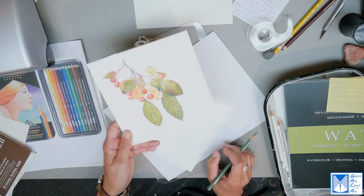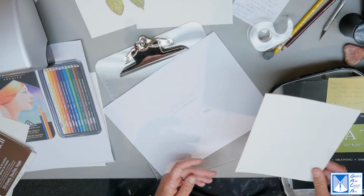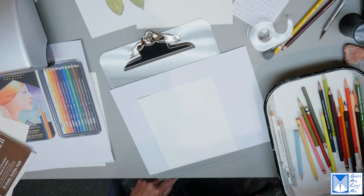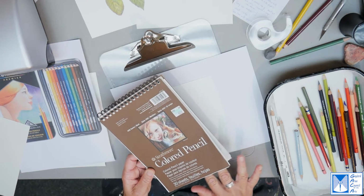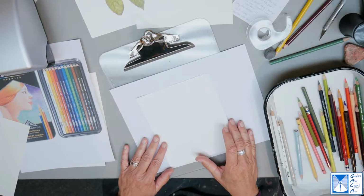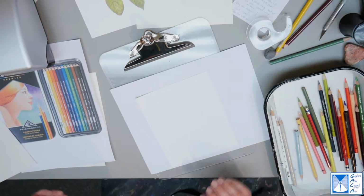So that one you can order online and pick up here, or pick up online. This Strathmore watercolor paper you can pick up here locally, and it's a little bit smoother, but my favorite is the Artistico, Fabriano Artistico. Okay,